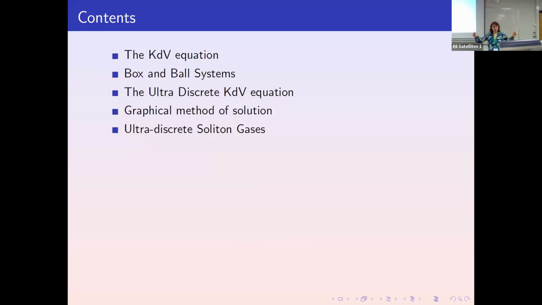So you have boxes, which are your space component, and then the balls are moving along in the boxes. The balls are either a 1 for a ball, or if you've not got a ball in a box, you've got a 0. So you've basically got two discrete dependent variables, but I want to generalize that to continuous dependent variables.